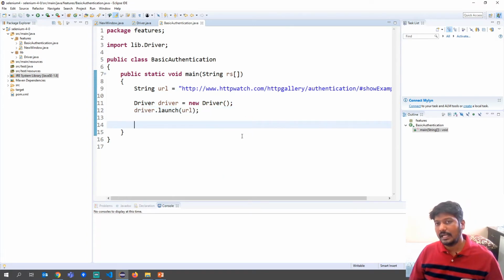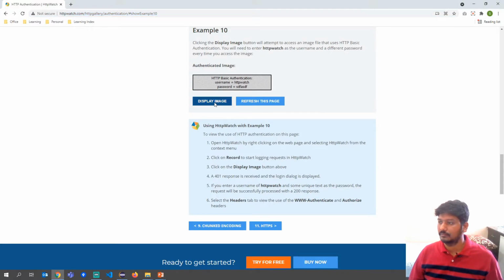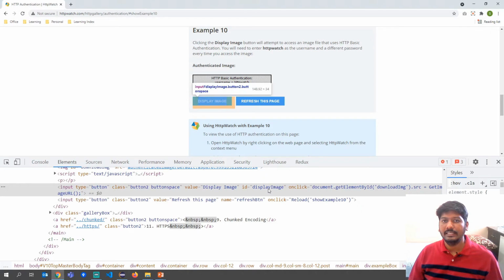We should also get the ID for that button so that when we click on that, it will show the pop-up. Let's go to the application. So the ID is display image.